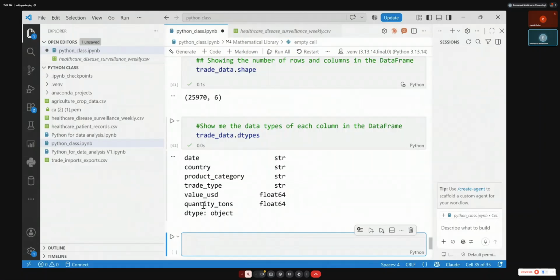So we have read the data that someone sent us from the Ministry of Import and Export for further analysis. But we have to check if the data types are correct. We don't want to bring the value in USD or quantity in tons as a string. Or we don't want to bring dates as a string because we have the data types of date and time, timestamp, and so on. With this date, you want to be able to do total volume per week or per month or per year. Because the date is not recognized as date.